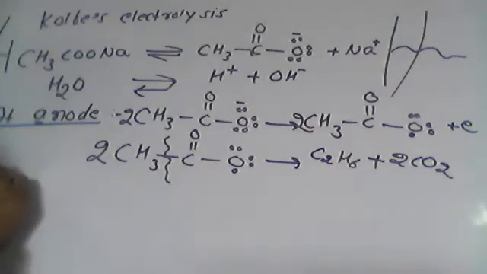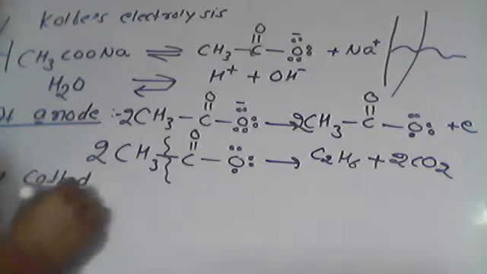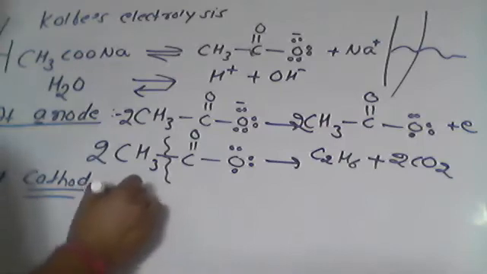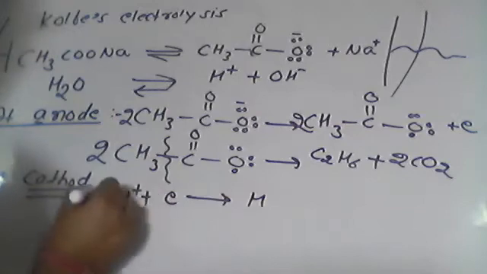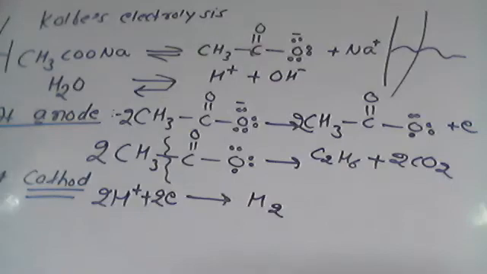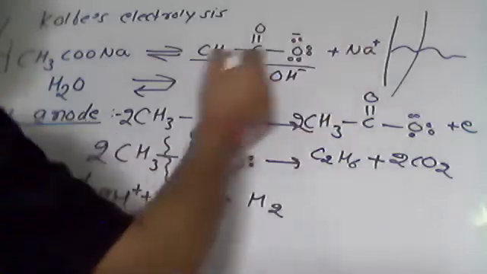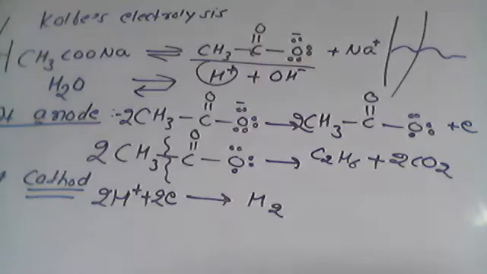This was the reaction at the anode. At the cathode, what is going to happen? At the cathode, cations will move. We have Na positive and H positive. So H positive is going to discharge, gaining an electron, to give H2. I'm going to write down here H2. So now what is left in the solution? This H is discharged. We are left in the solution with Na positive and OH negative. In solution they will combine together to make NaOH.